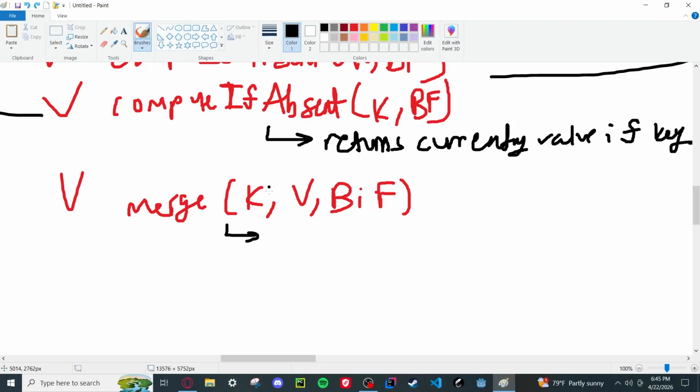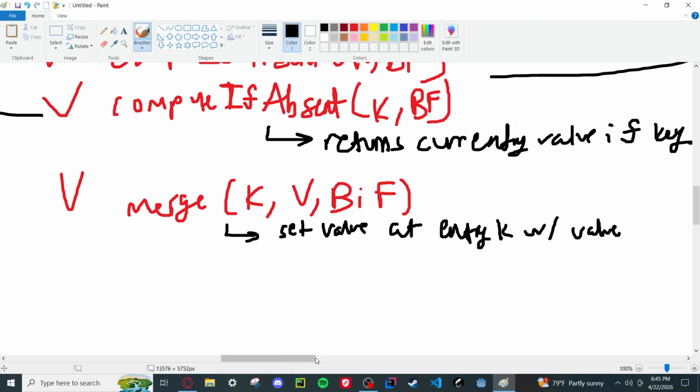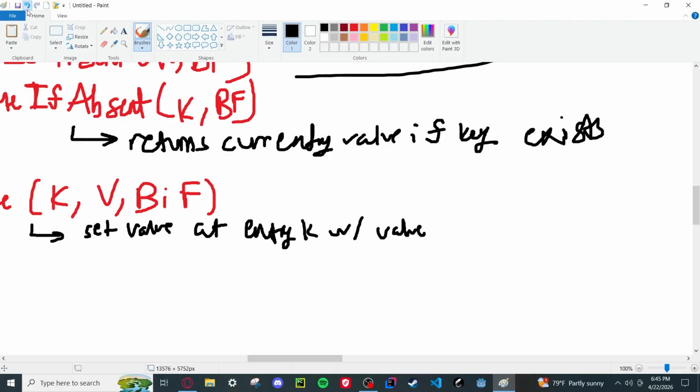It'll return and set the value at entry k with the result